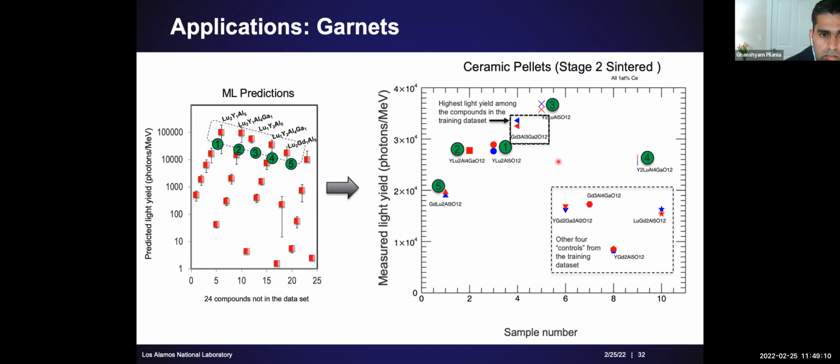And then we do these measurements for our predictions, and we see that our predictions don't do quite as well as compared to the state of the art. In fact, one of the compounds actually had higher light yield, although the quantitative trend in the prediction is not obeyed, and we don't really expect it to be. But generally, all of our predicted compounds have high light yield, and that was very pleasing.